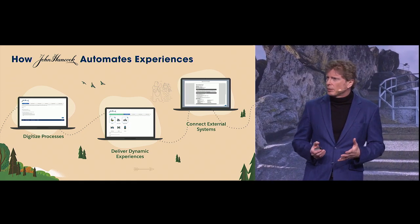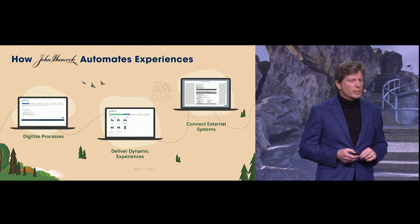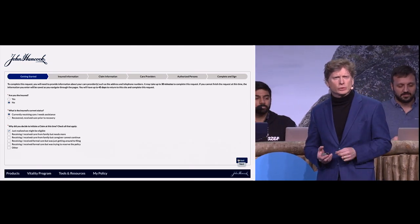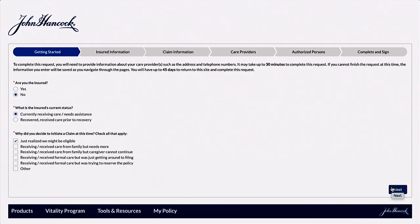So they digitized that process, and they turned it into a dynamic experience, and they hooked up the additional systems necessary to make that happen. And let's take a look at that. Kevin, Aubrey, let's switch over to the demo. Now, I'll start from the perspective of Maria. She's a director of operations and customer service. And she starts this process on the website using a community page so that all of John Hancock's customers can take advantage of this flow. From the very first screen,